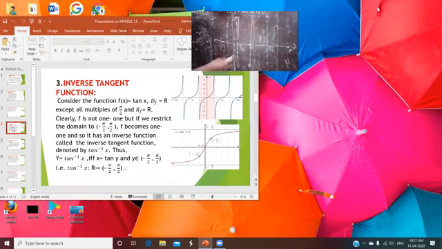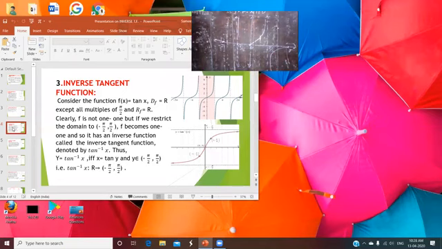Now check its value. At x is equal to 0, the value of tan is 0, and at pi by 2, it becomes infinite. And for 0 to pi by 2, that is your first quadrant, you can draw the graph like that, in increasing order. Okay, so that increases here. And in this region, pi by 2 to pi, you can say it is the second quadrant, and tan is negative for that, and tan pi is 0. So you can say your graph is like that, starting from this one, decreasing up to infinite.